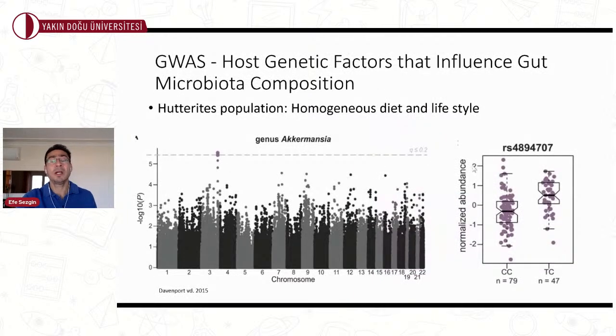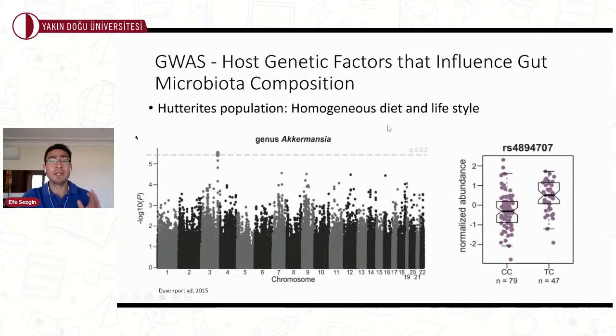Is this true? A follow-up study looked at that because environmental factors seem to be highly confounding these microbiota compositions. Trying to incorporate genetics and environment using humans especially has been quite challenging. This is one of the unique studies that looked at a specific population, called the Hutterite population. These are a very unique group of individuals living in a community together. They have very similar diet and lifestyle.